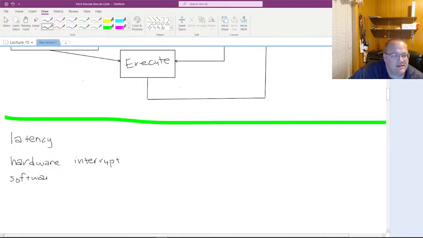And that would be things like system clock. That's going to be, well, actually, that can be handled either way. So it depends on the computer system. But a software interrupt,